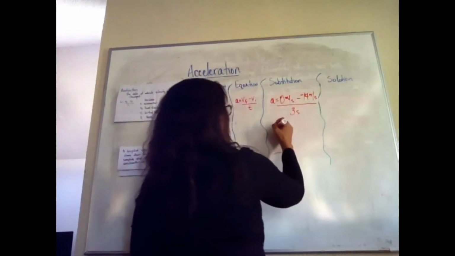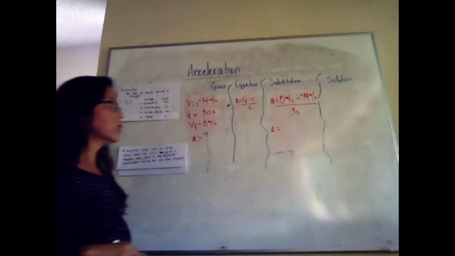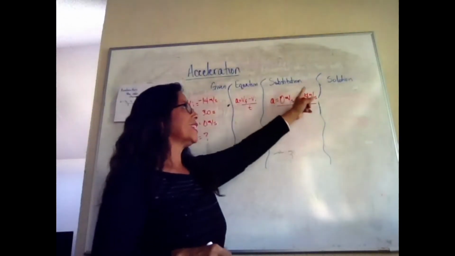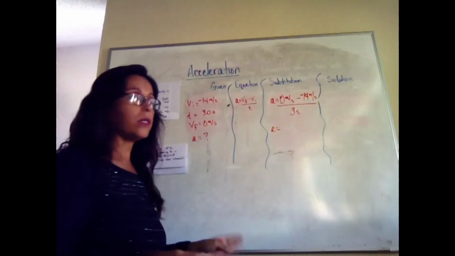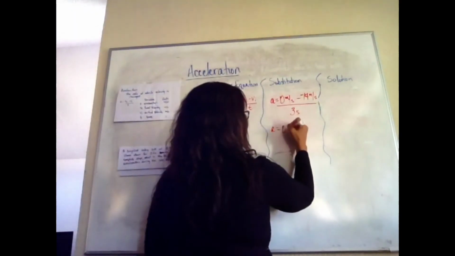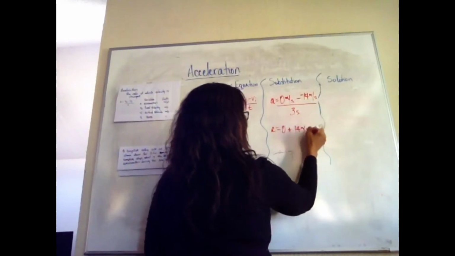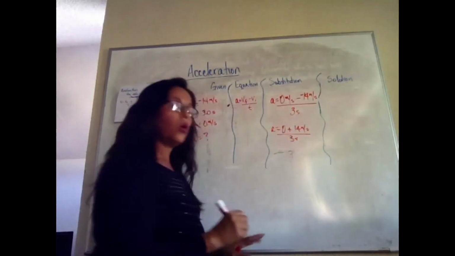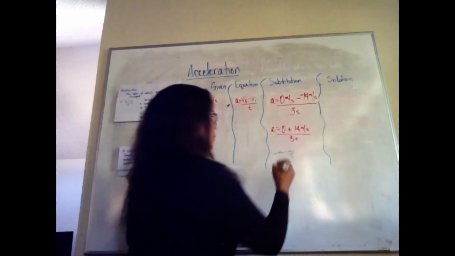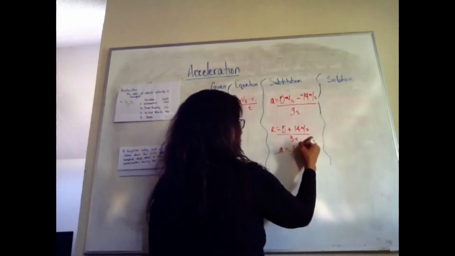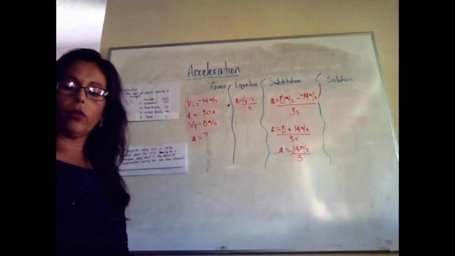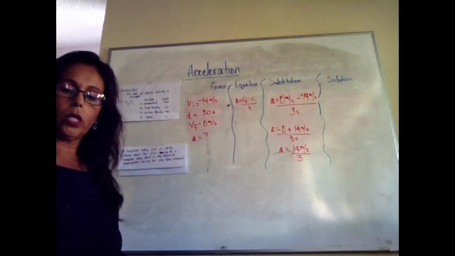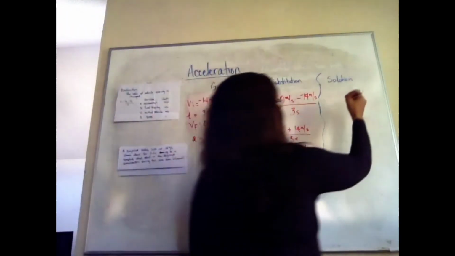So let's go through our math and substitution. We have 0 minus a negative 14. Well, minus a negative 14 is a positive, so really it's going to be 0 plus 14 meters per second divided by 3 seconds. So 0 plus 14 is still 14 meters per second divided by 3. If we do our math for this particular problem, we are going to take 14 and divide it by 3. And we end up with a number of